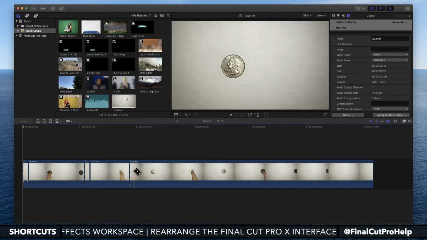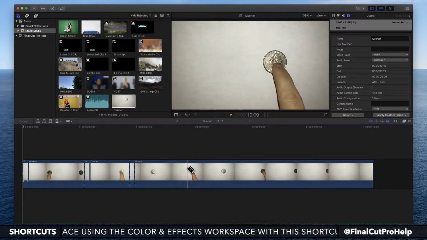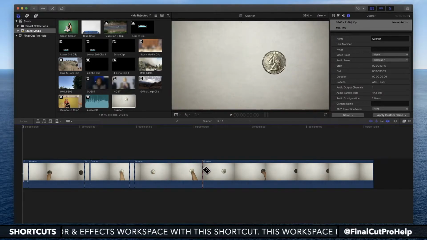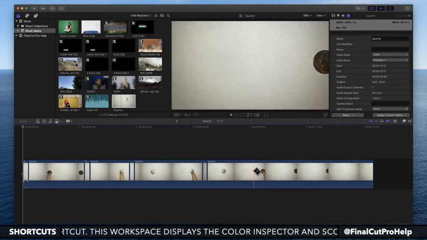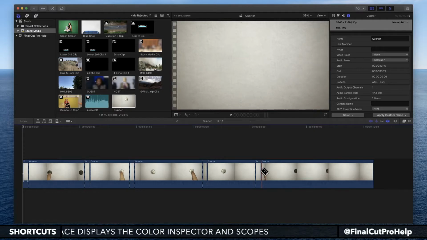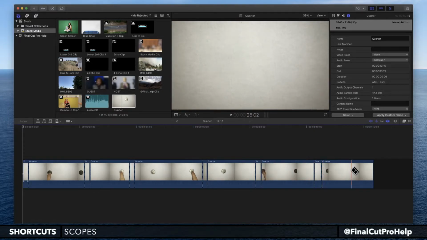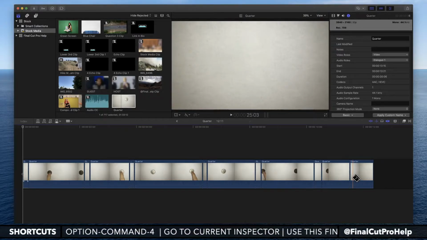Cut it, move down just a little bit, just so we have a short segment. Then we move till we get to the next spot. Move off, cut it, move down a little bit, cut it, go down to the next spot. There's the next position, cut it, and then one more time when it's off the screen, then we have our blank screen. Then I'm going to hit the A key to activate the arrow tool,